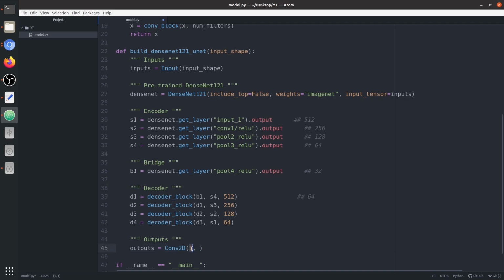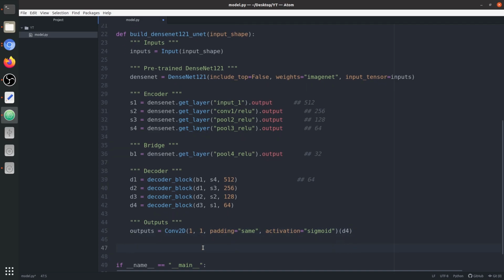If you are working on more than 1 class, say 10 classes, you can type 10 here, and the activation function would be softmax. The kernel size is 1 by 1, padding is equal to same, activation is sigmoid, and the input would be D4.